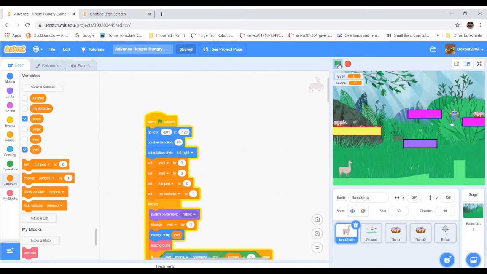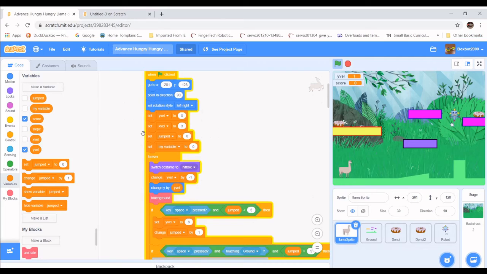Okay, so let's take a look at the code inside the advanced Hungry Hungry Llama game that uses absolute value and other mathematical equations to detect whether or not we've touched a platform or the ceiling of a platform instead of using color detection, which will make our game run a lot smoother. So let's take a look here. We do the standard here. We go to the starting location,